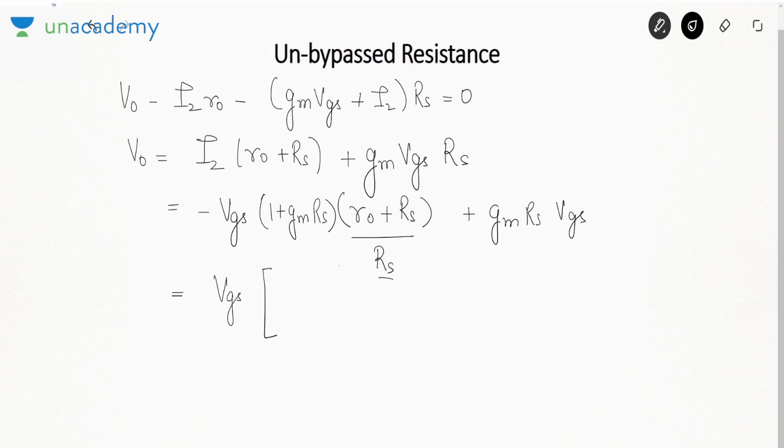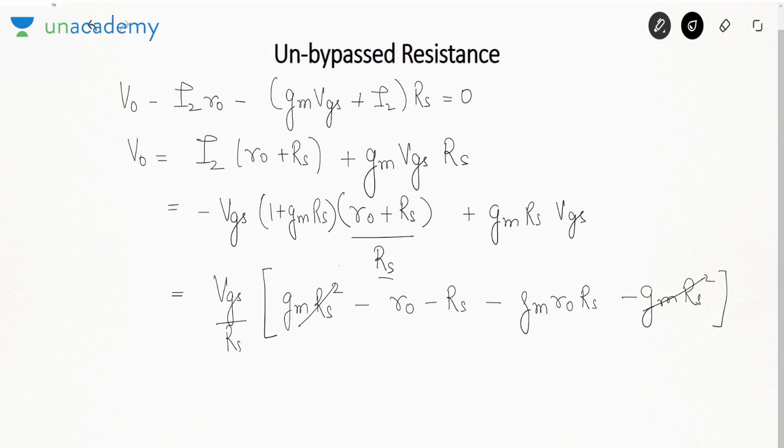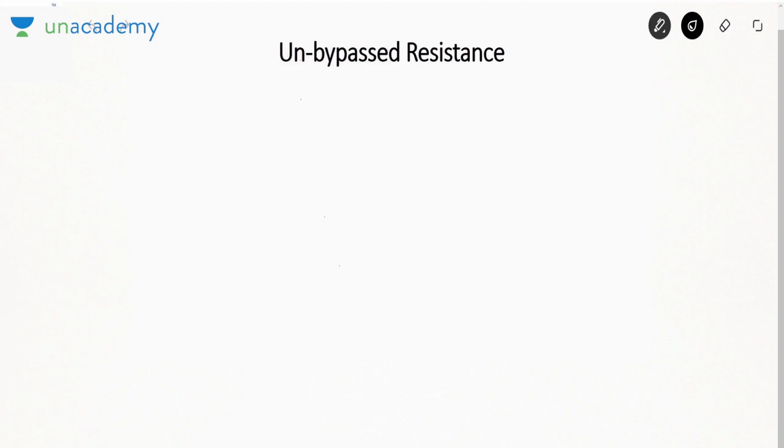VGS, take this LCM. gm RS square minus R0 minus RS minus gm R0 RS minus gm RS square. This gets cancelled. So it will be minus VGS over RS, minus R0 plus RS plus gm R0 RS. So now we have V0 in terms of VGS. So what I can do is, I0 was how much? V0 by RD